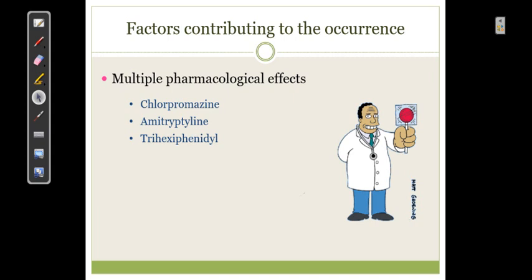This is an anticholinergic drug which is used as an anti-Parkinsonian agent. You can use both types of drugs, a dopaminergic agent and an anticholinergic drug, in the treatment of Parkinson's. So this is used in the treatment of Parkinson's. Now, if you go through the primary effects of all these drugs, this is antipsychotic, this is antidepressant,